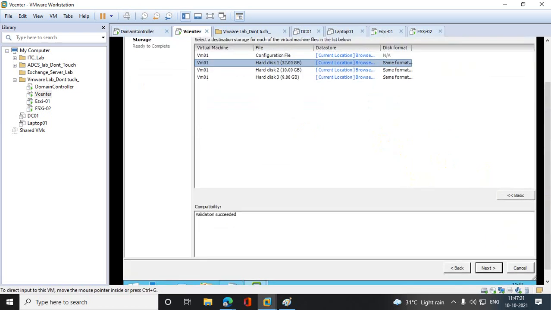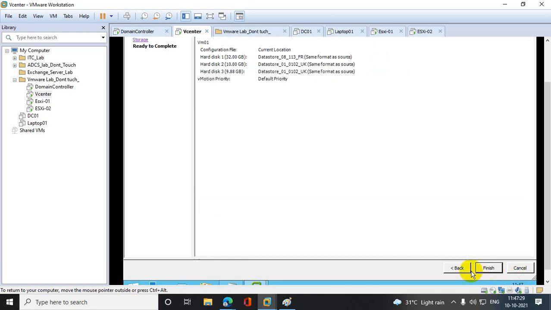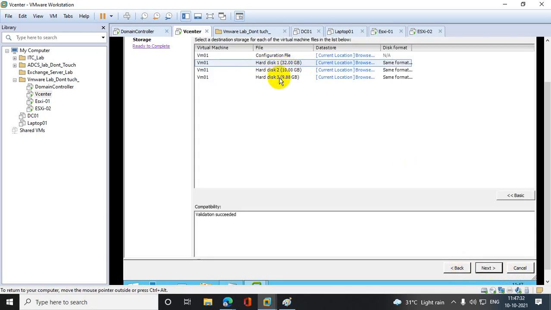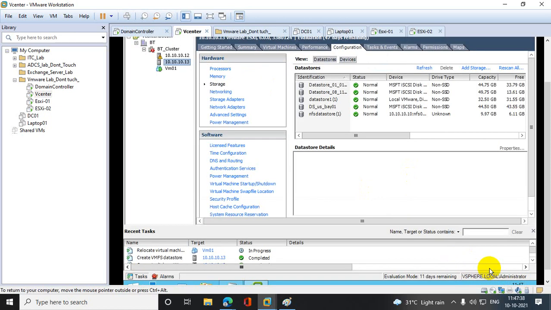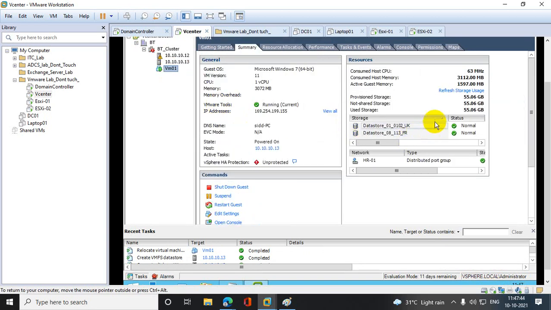So here I am just transferring the system drive. Got my point? The rest of the drives will be the same. Let's do that, because I am not taking the rest of the drives, only the C drive. Clear? So let's see. Perfect. It's completed. Now I can see that the virtual machine's datastore should be the US datastore.